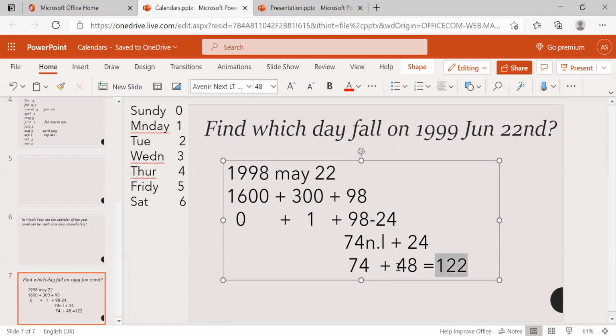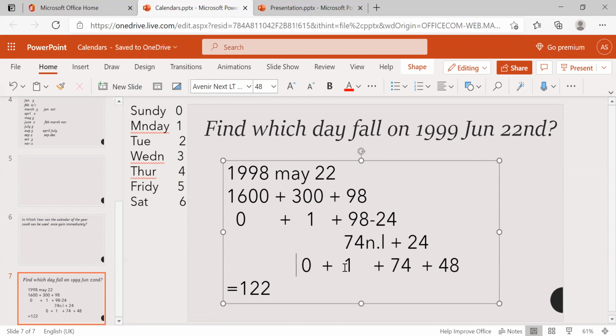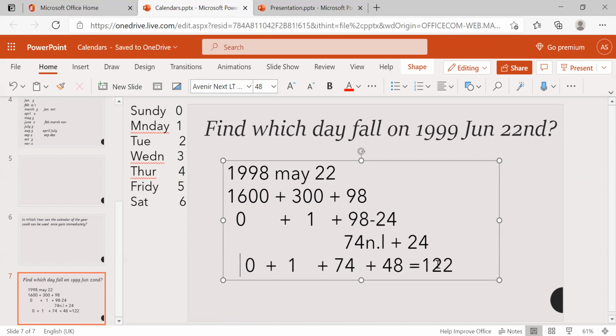Before that, we have 1 for 300 years and 0 for 1600. So totally how many odd days? 122 plus 1 plus 0, it's nothing but 123.